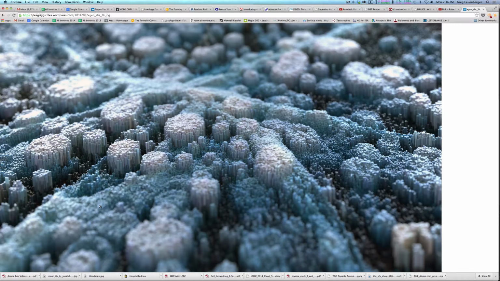I will be showing you some ways to do things like, here you can see the scale. These are scaled in the Y, but they're also scaled down in X and Z. Over here, these are just scaled up in Y, or maybe these are scaled up in X and Z, but more in Y. You have colors at various altitudes, but also the color changes along the length of these as well. And in some of these, at least, it appears that there's a fair amount of color variation even at the same height. So there's a lot going on in these images to make them really subtly interesting